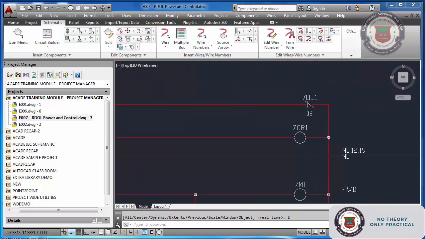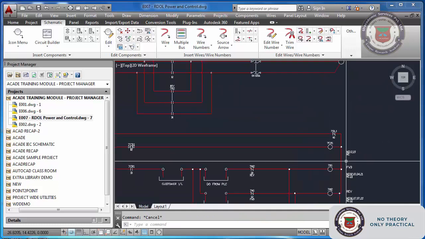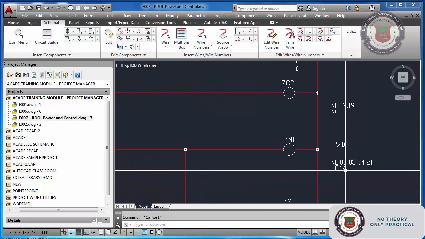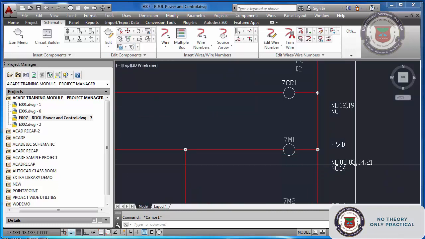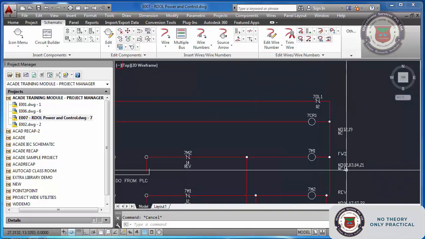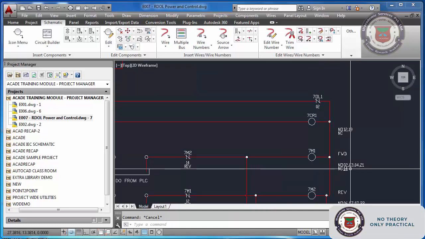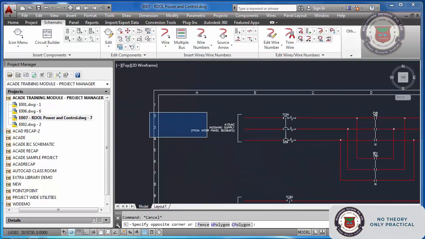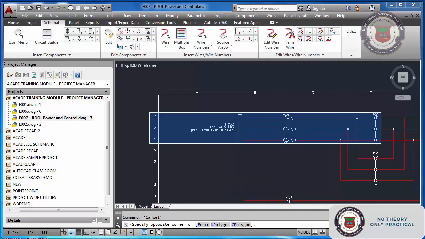Now you can see the cross referencing is a little bit strange here. It is showing us sheet number, line number 2, 3, 4, 21. That means if you go to line number 2, 3, 4, you will find the contacts like this are 2, 3, 4. If you see here, this is 2, 3, 4. Here it is 2, 3, 4.